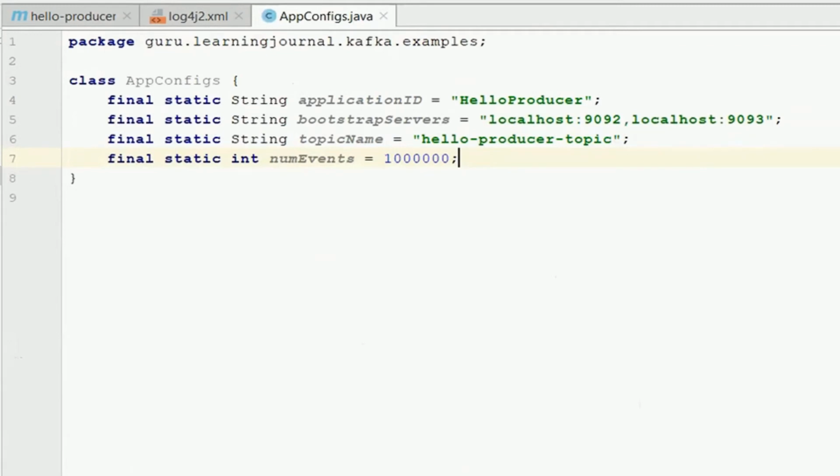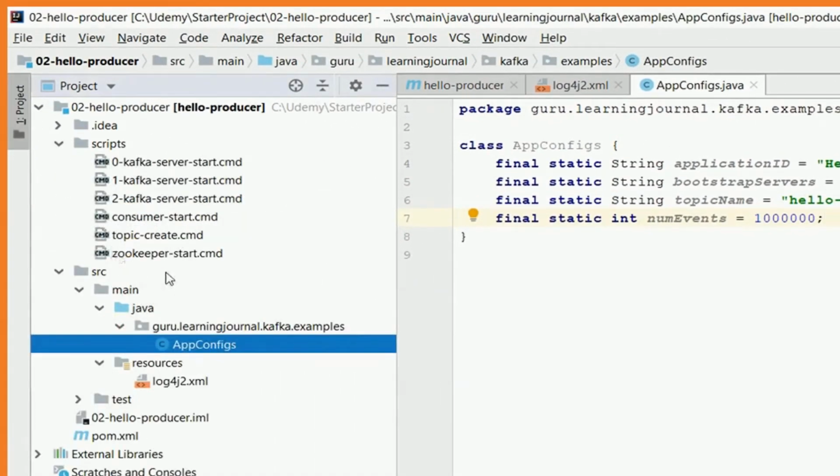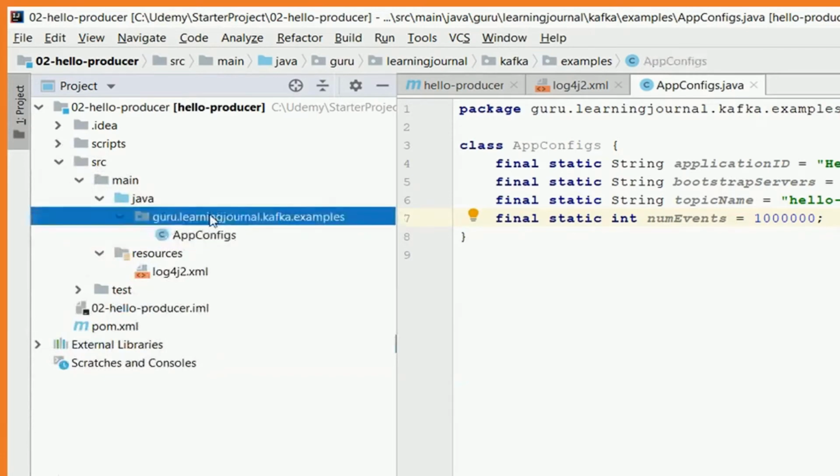We will be using these constants in the example, and I'll explain them in a minute. I've also added some scripts to start your Kafka cluster on your local machine. In most of the examples in this course, we will be using a 3-node Kafka cluster setup on your local computer. Good. With this starter project template loaded, we are now ready to write our first producer example.